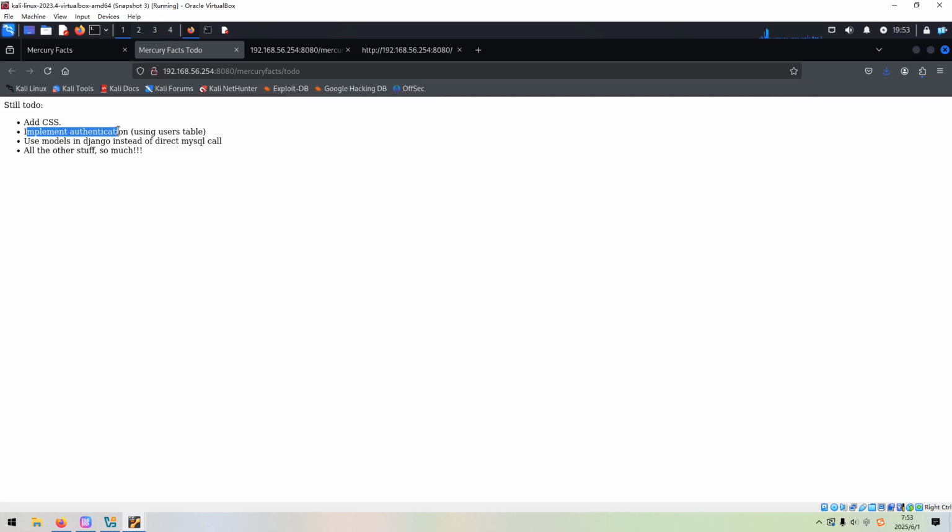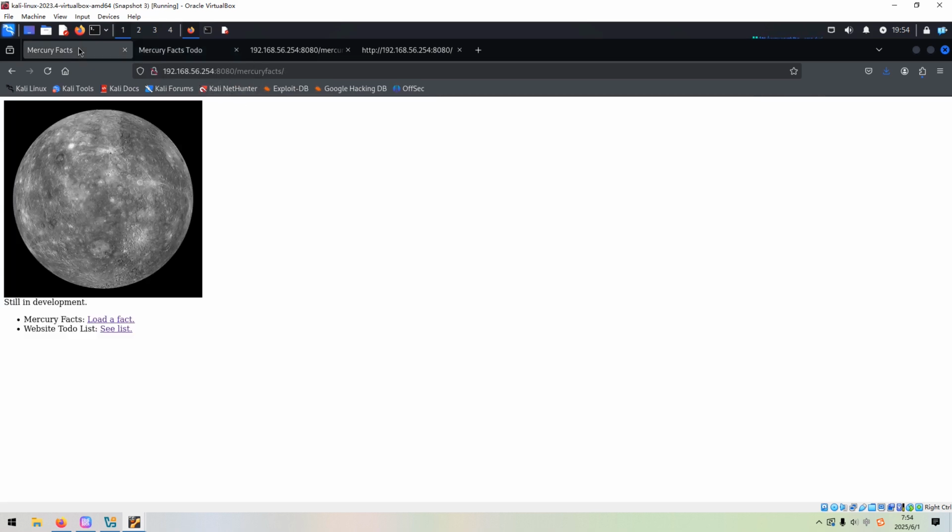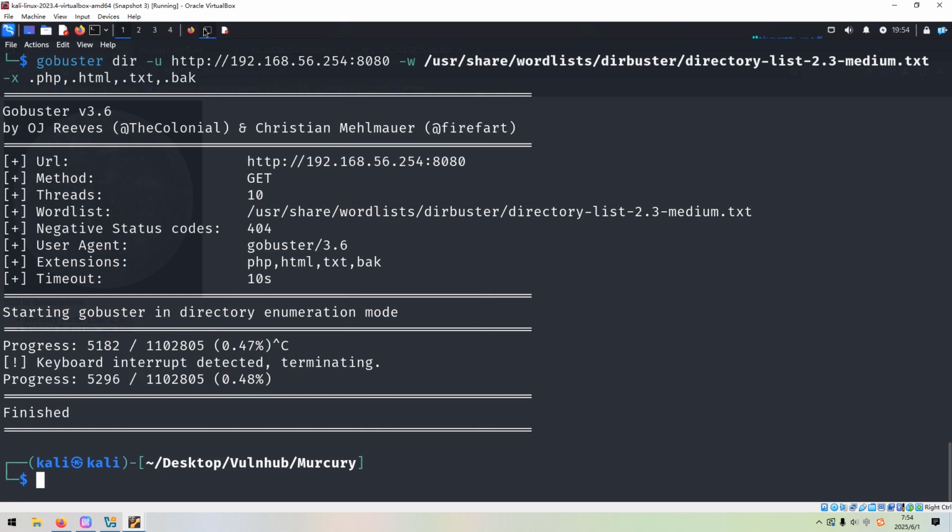So I think this simply means right now this application doesn't have authentication, right? And use models. So I think this point is telling us possibly this application is vulnerable to MySQL injection vulnerability. Okay, so very important. So let's go back, maybe I can check whether we can find some hidden message